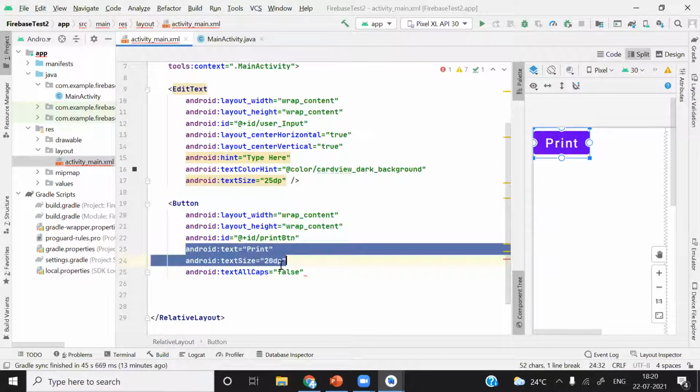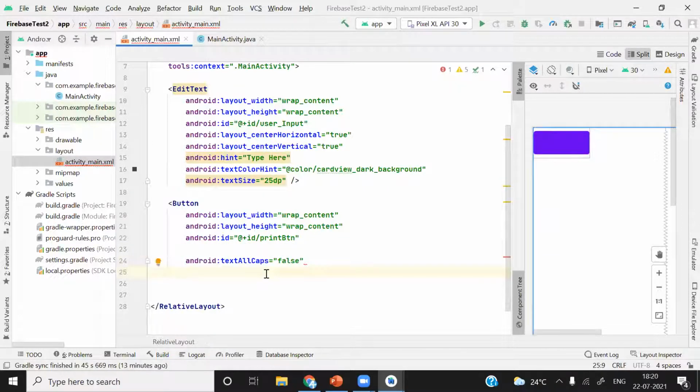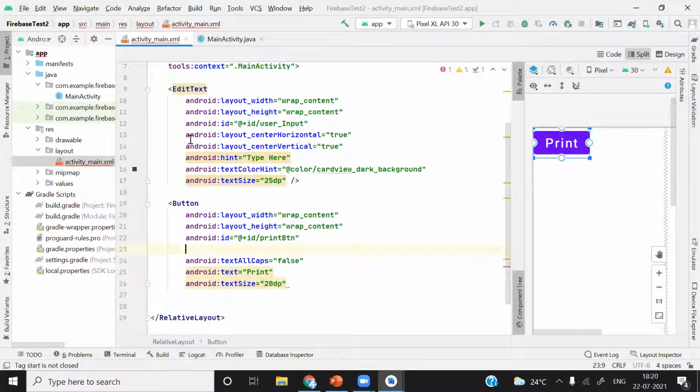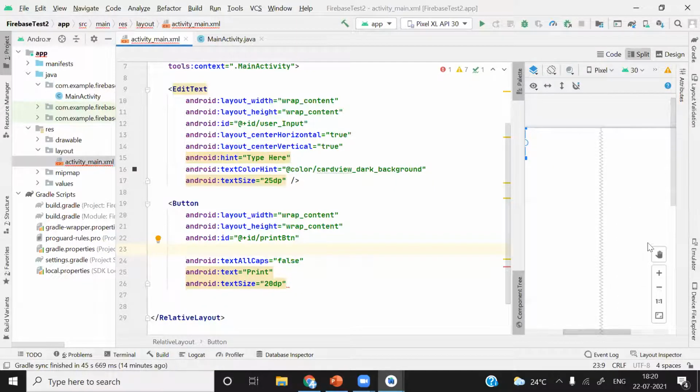I will make this Control X, Control V. We have to give position. Never miss the sequence of the properties, so it will be less confusing for larger code. So first, what we want to do, we want to put this button